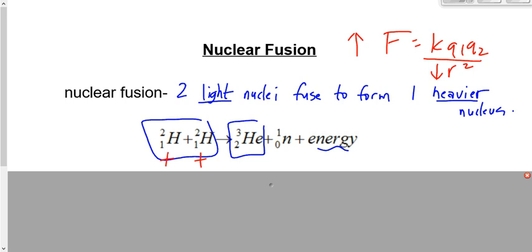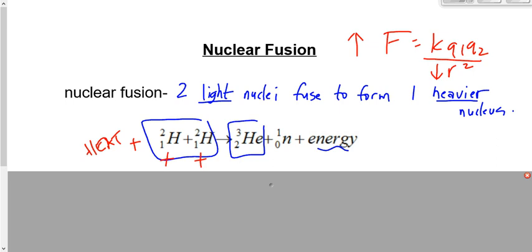We have to overcome that force of repulsion. And in order to overcome that force of repulsion, we need to pump energy into this. Energy usually in the form of heat. That's why this sustains itself in the sun, right? The sun is really hot. It's a nuclear furnace. It's got all this hydrogen in there. And this hydrogen fuses together because of all this heat that helps this hydrogen to overcome the forces of repulsion.